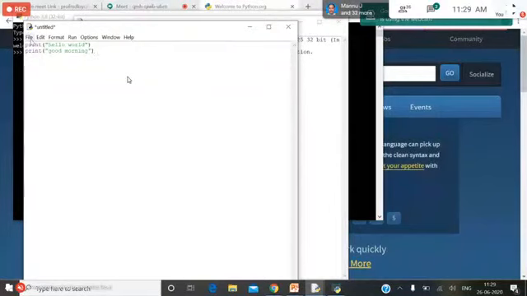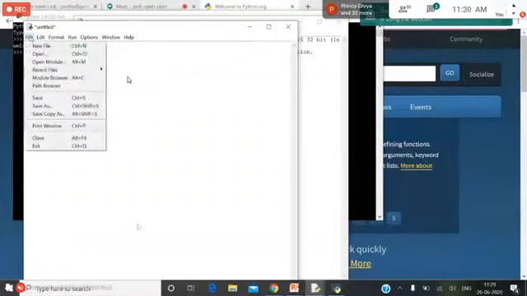When I want to type the code line by line and execute, I can use IDLE or the command prompt. If I want to execute it as a separate program, as a single unit, I have to go for this option. Go to the file option, go to the save option.